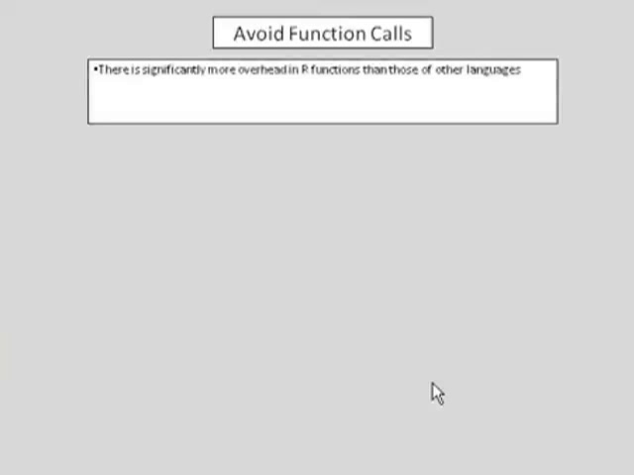Another thing that you should do is to avoid function calls in R. There's significantly more overhead in R functions than in other languages, and I'm sure there are people that can get much more involved in this. Personally, I don't know the details of this, but I know that this is a substantial issue that may be changed in future versions of R. This makes repeated function calls bear a much larger penalty than in other languages that you may be used to, such as C. So a good note to take out of this is to minimize the number of function calls